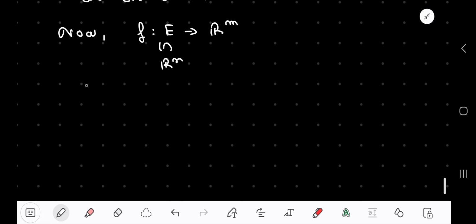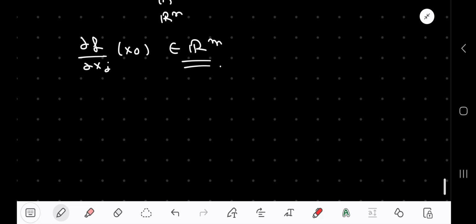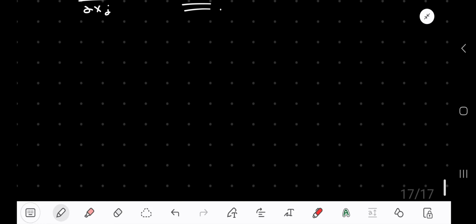So by definition, this directional derivative del f by del xj at x naught must be a vector in Rm, so it must have m coordinates. The thing you can quite easily observe from exactly the definition of del f by del xj, because how are we calculating the partial derivatives? To calculate the partial derivatives, we are just choosing the unit vectors. Once we choose the unit vectors, it becomes component wise, right? Clearly